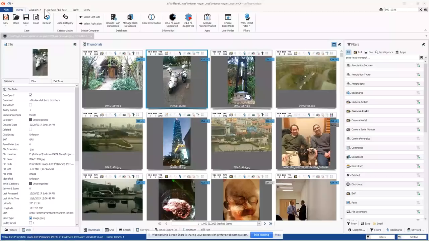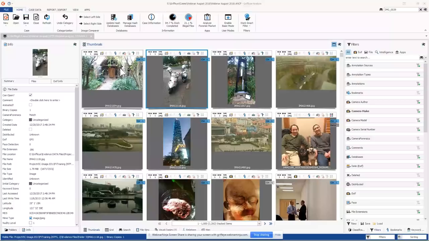So hopefully you guys can see my screen here. One of the first things I want to talk about, and the theme of this is going to be basically work smart. Be smart when you're doing these types of investigations or examinations. Use tools that are going to help reduce your workload. You have these giant cases that you have to get through, and I know a lot of you out there have big backlogs, and using a tool like this is one of the ways we can get through those backlogs.